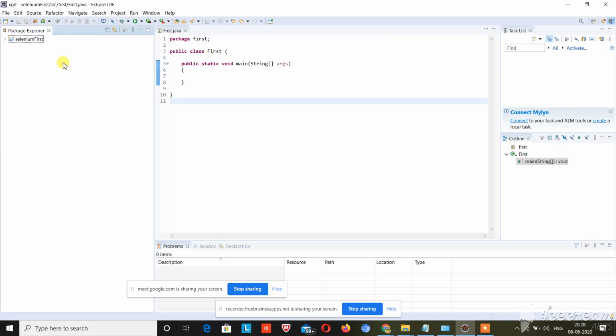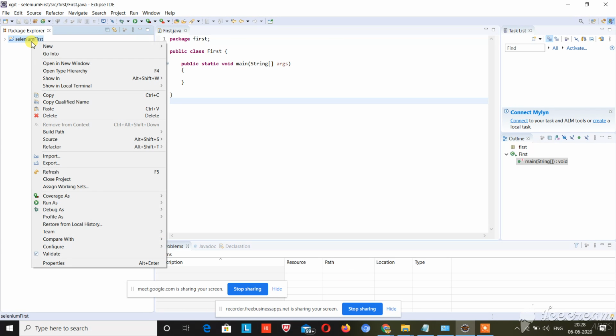So you just need to right click on it. I am going to import the jars, so you just need to right click on the Selenium first project, and when you right click on this project, you just need to go to properties.